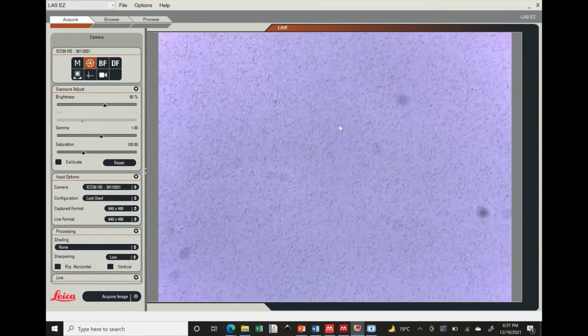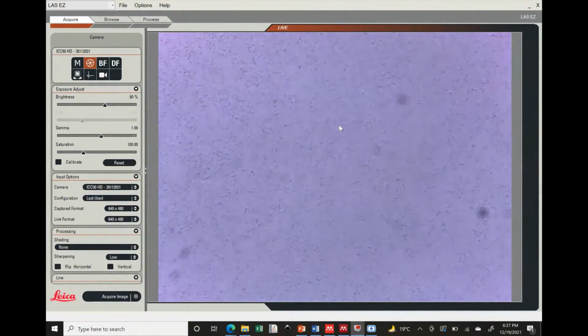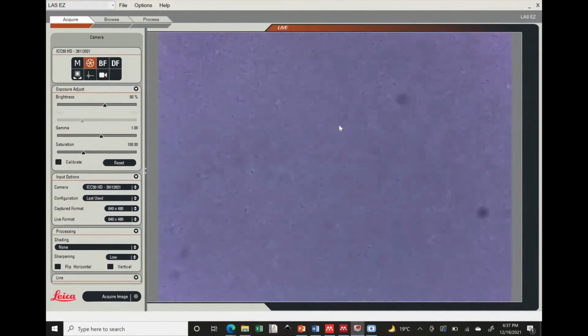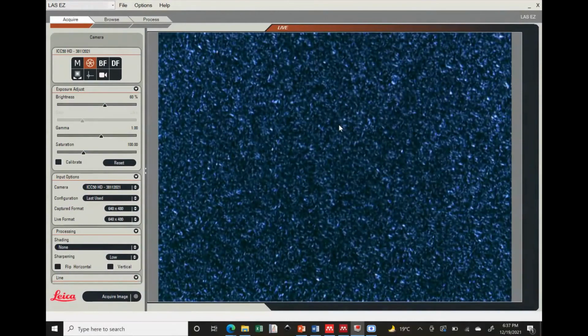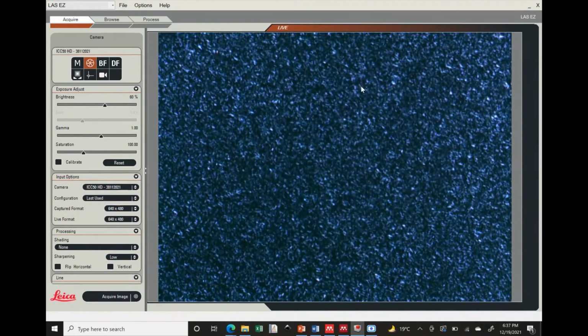Once I start rotating it, it will give you an image of polarized light microscopy. I'll just rotate the polarizer now, and you keep on seeing the effect. You can see the effect, and then there is a point where the background appears darker. However, the particles of interest are appearing brighter. Now the sample which we have given is crystalline in nature, and that's why we can see bright glowing particles in the microscope.